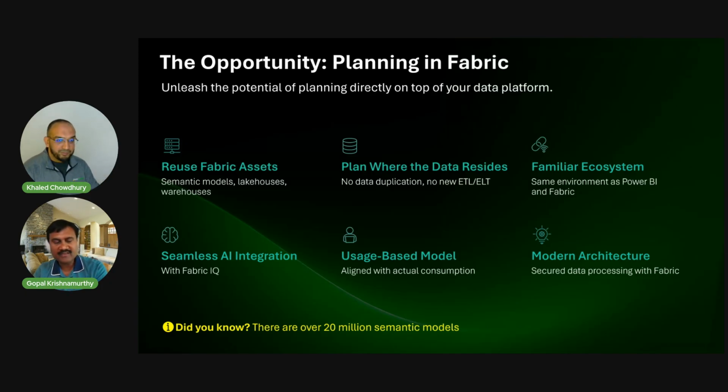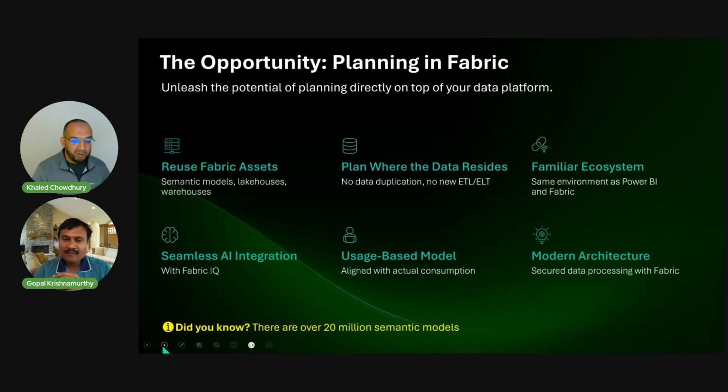Correct. The main reason for that is the concept of OneLake and shortcuts and mirroring did not exist 5 years back when we launched the offering. The market has moved. If you really look at the Microsoft ecosystem or the market itself, customers don't like writing to multiple places, managing security in multiple places.